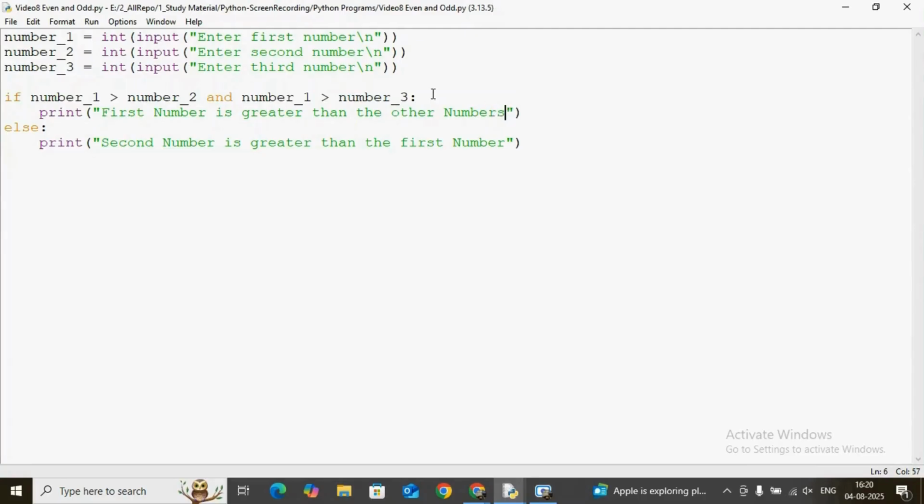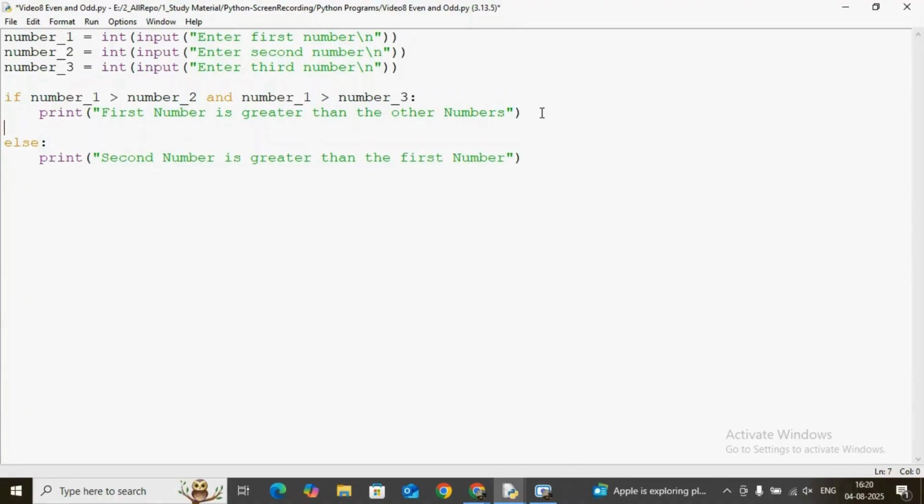Okay, you getting my point? I am checking both the conditions now. Because if number 1 is the biggest, it should be greater than both of these numbers. Okay, then this is just for number 1. Now what we need to do, we also need to check for some others. Suppose this condition fails, if number 1 is not greater than number 2, then in that case we need to find out